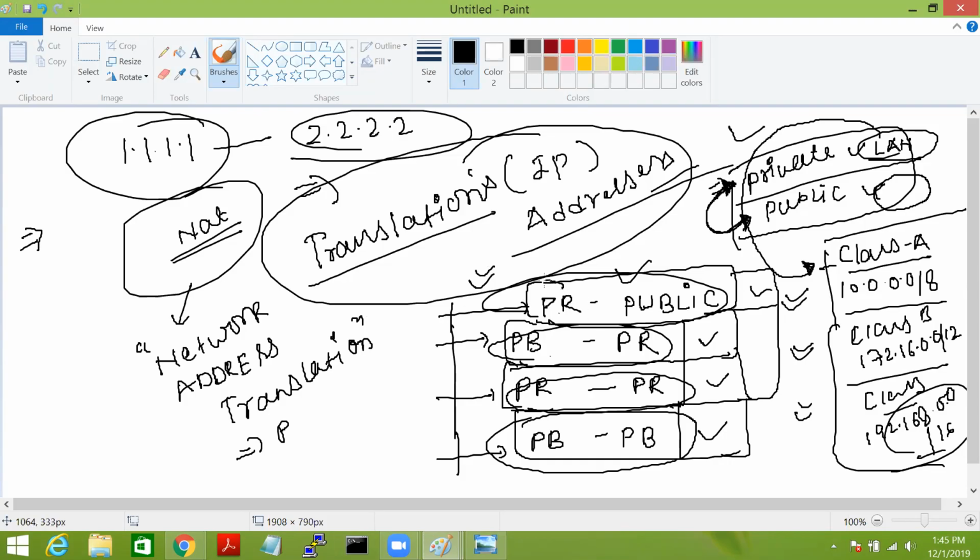When you go to the internet, you perform private to public translation. When someone tries to come from outside, they come on a public IP and the public IP gets translated into private. In case of static NAT, when we try to access any web server in the data center or DMZ, we translate public to private. And private to private